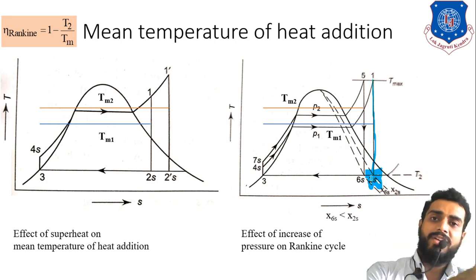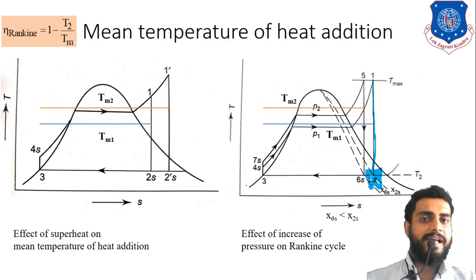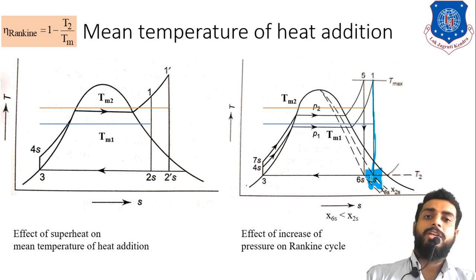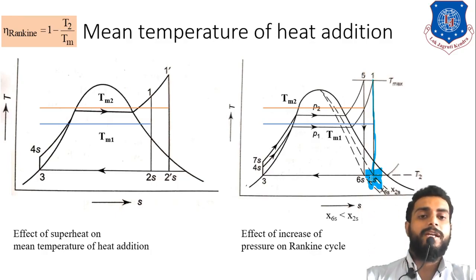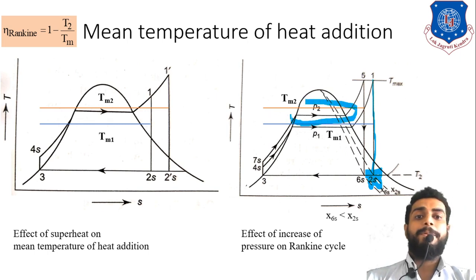Because if the dryness fraction is less than 0.85, then most of the turbine part will be exposed to the wet steam, and over time the turbine will get eroded, and that is the loss, right? That is not desirable. That is why certain regulations are made that at the outlet of the turbine the dryness fraction shall not be less than 0.85. The dryness fraction shall always be greater than 0.85. Clear? So that means you cannot increase the pressure beyond a certain limit. Yes or no? So that is also a limitation.